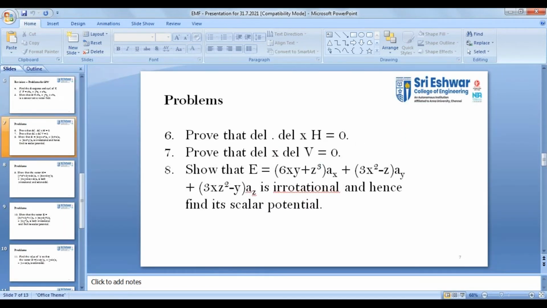Next, before going into the first 2 proofs, we will move on to these 2 proofs first. Problem number 6 and 7, we call them the null identities. For a null identity, the left hand side is some identity, and the right side value will be 0. These 2 identities we call null identities, which give null value 0 as the answer. Kindly make a note of these 3 questions now.